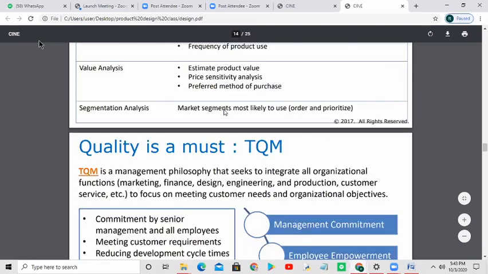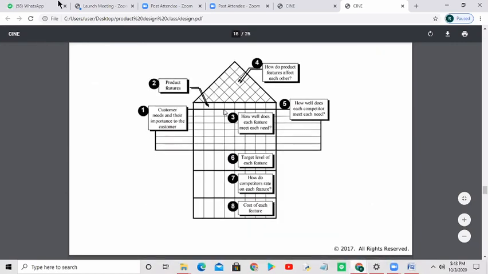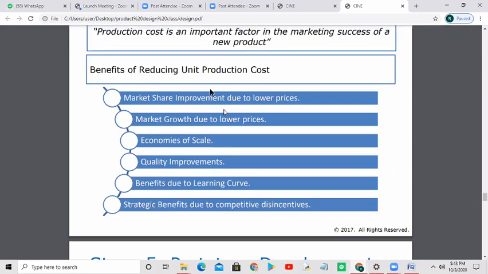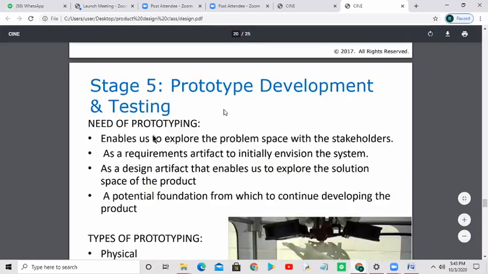This is just a thing which was related to it, so I didn't remove it. Basically, you have to see what is the trend of the market. You have to see how you can get good quality. You have to choose materials also. You have to see the economics, and then produce a prototype.